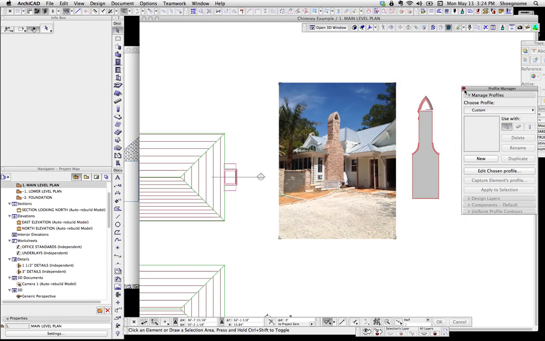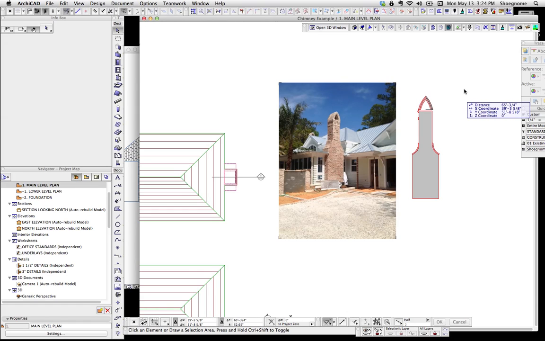And the commenter went on to say, why don't you just use the morph tool? Morph tool could handle this great, it'd be fast, and then you wouldn't have the cluttered profile manager. Well, I completely agree. I think doing the chimney with the morph tool is a great idea. I think there's benefits to both. So, in the interest of ArchiCAD education, I want to now show you guys how to do this chimney with